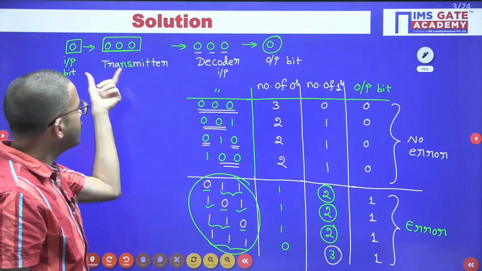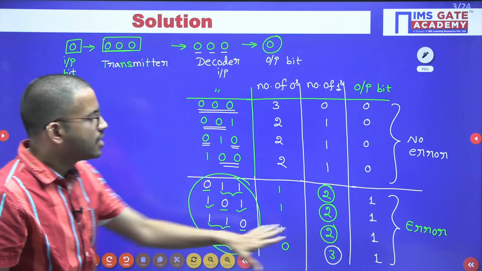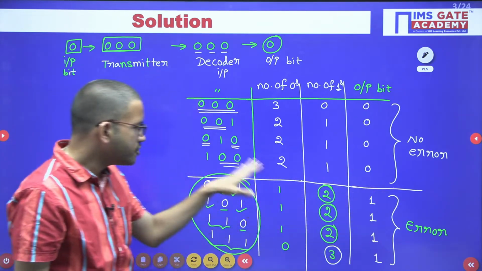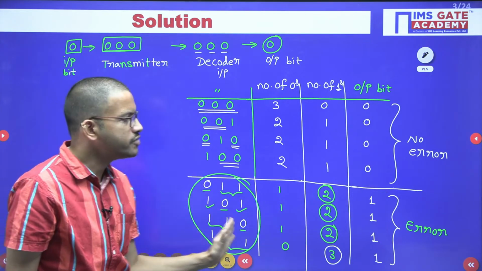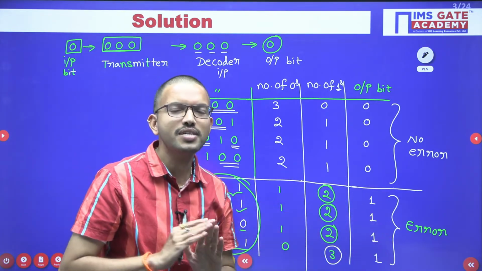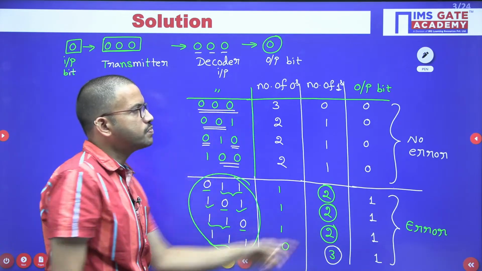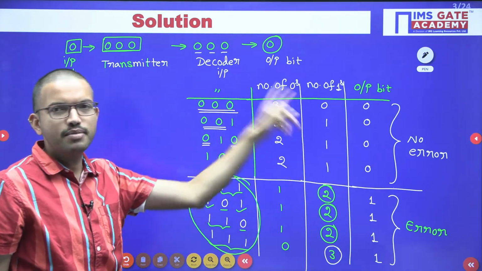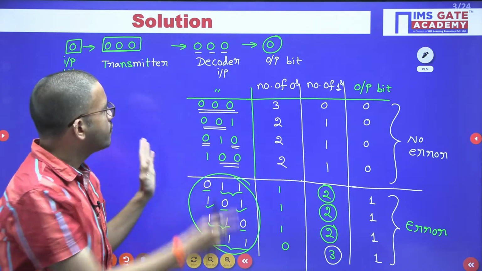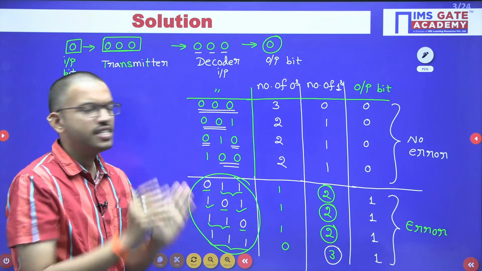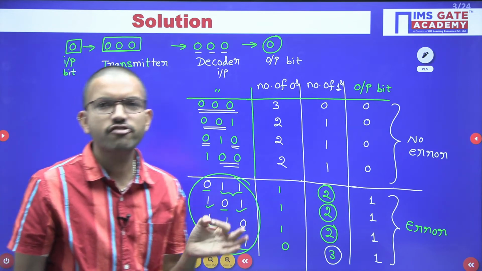Similarly, if you have transmitted 1, for these 4 combinations you are getting output as 1, so there is no error. For the other 4 combinations, the output you are getting is 0, so 1 becomes 0, and that is the error. With either of these 2 cases, you will get the same probability of error.